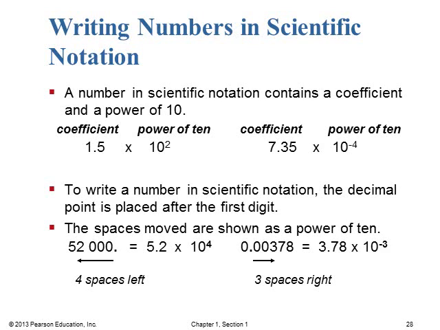In the second case here, you have a coefficient of 7.35 times 10 to the minus 4. If you plug this into your calculator, it can show you that if you just do 10 to the minus 4, and then multiply that by 7.35, you will get 0.000735.